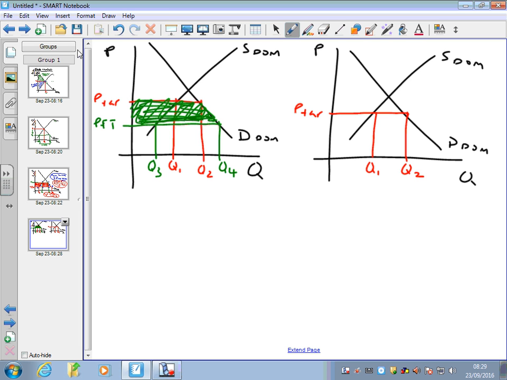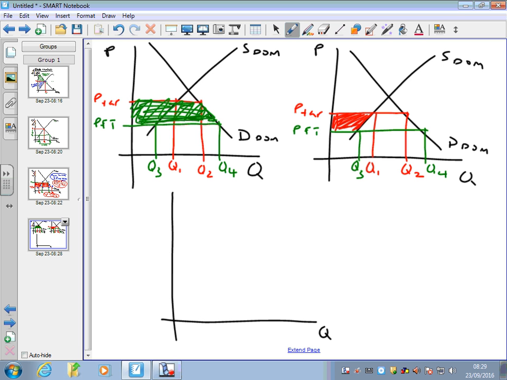We bring in the free trade. PFT, domestic supply falls to Q3, domestic demand all the way out to Q4. Domestic producers, I should say, they will lose the area of producer surplus. And then you've got to think about the impact on the government that used to be able to tax these